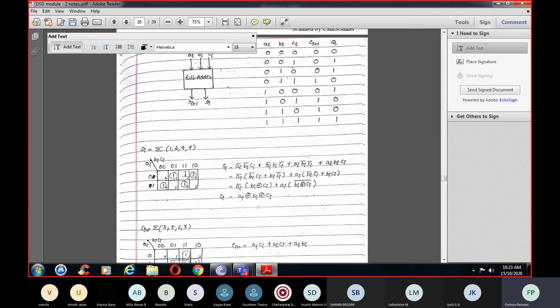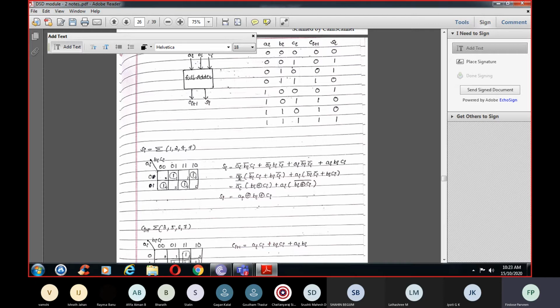In the same way, here it is A_i bar, B_i, C_i bar. Okay. So here the fourth one: it is A_i, and the corresponding column is B_i bar, C_i bar. So it is A_i bar, B_i bar, C_i bar. In the same way, for this cell, the corresponding row is A_i and the corresponding column is B_i, C_i.